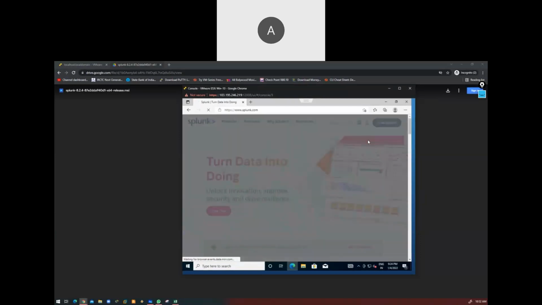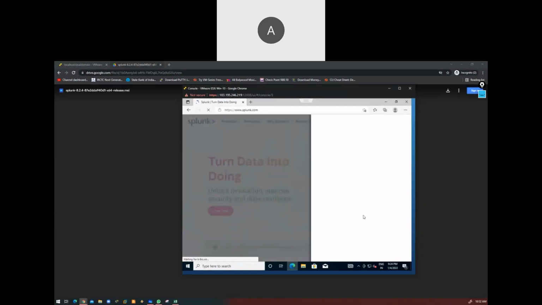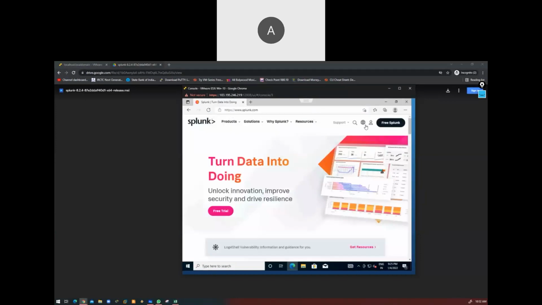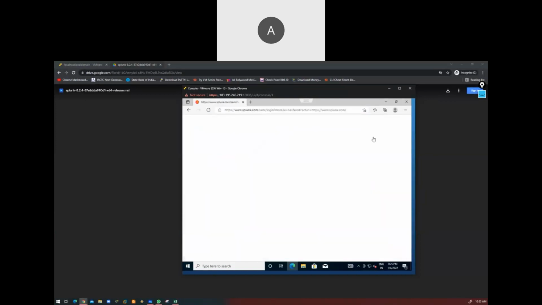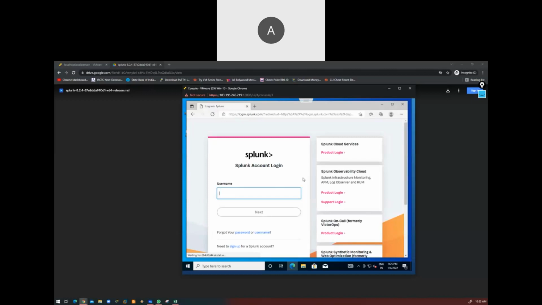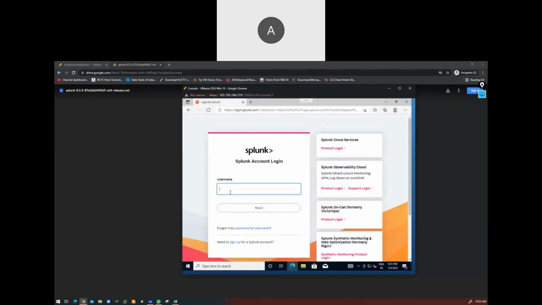I already have an account. You just have to fill in all these details. You can use your personal email ID. If you want to use an official email ID, you can, but I would suggest going for a personal email ID. Don't use the official one. Now I already have an account, so I'm going to log in.